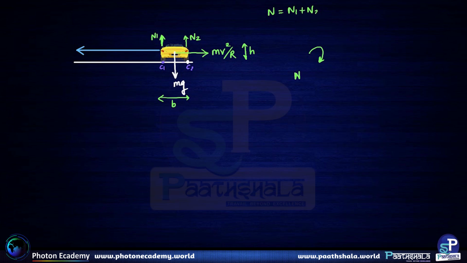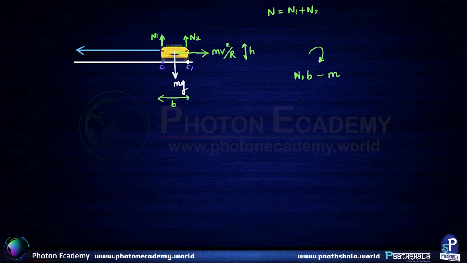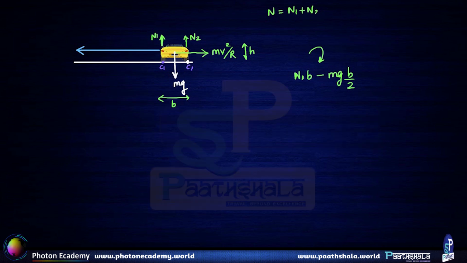So I can note N1 into B, that is force into perpendicular distance, so N1B, minus mg into b by 2. So mg into b by 2 is trying to turn the car in the counterclockwise direction, or rather trying to prevent the clockwise overturning of the car. So mg into b by 2 will have a negative sign associated with it,